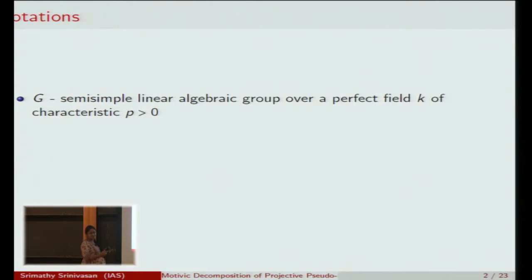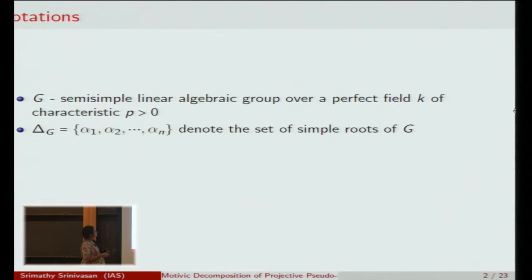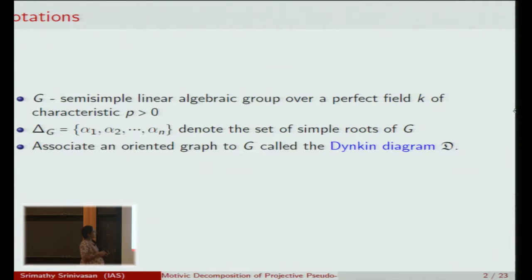G is a semi-simple linear algebraic group over a perfect field K of characteristic p, and Δ_G denotes the set of simple roots here. And associated to G, we have something called the Dynkin diagram. It's an oriented graph. Okay, and it turns out that the nodes of the Dynkin diagram are in one-to-one correspondence